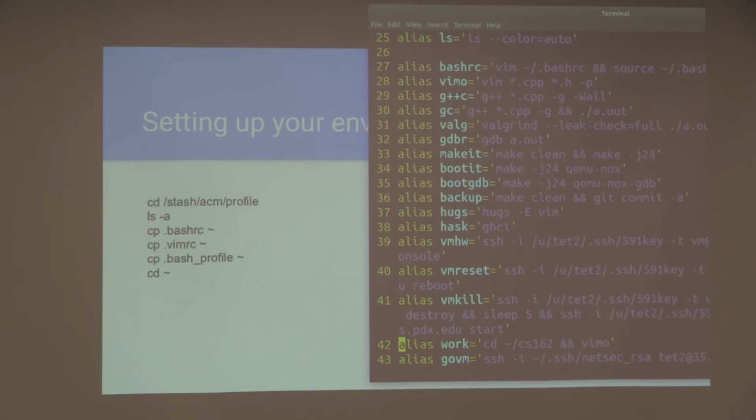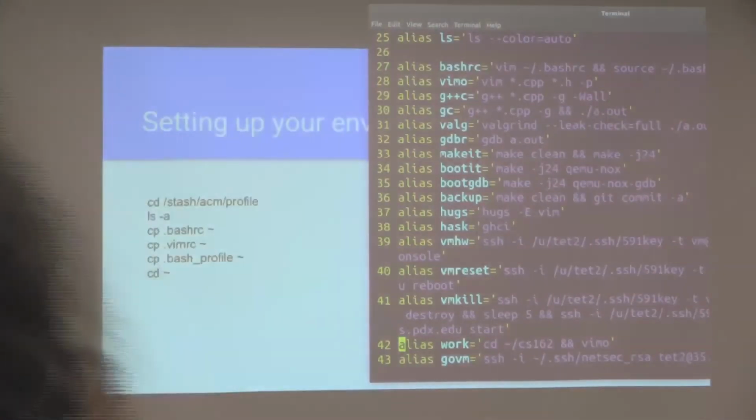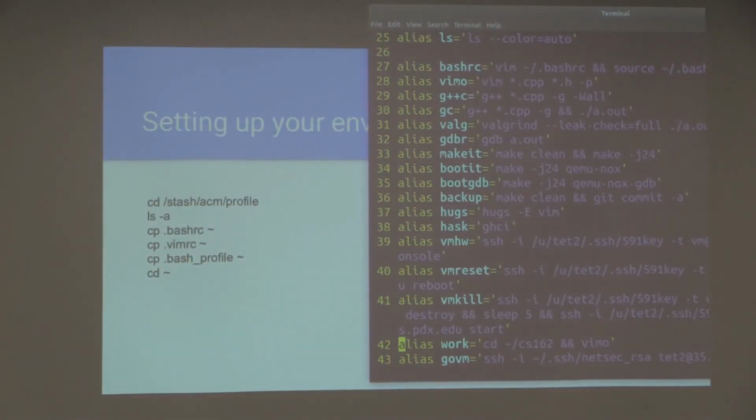Is pretty much everybody comfortable with where they are right now? Okay. So now we're getting a lot of conversations of, hey, none of these aliases work. I typed all of this stuff and nothing's happening. There's two ways we can fix this.